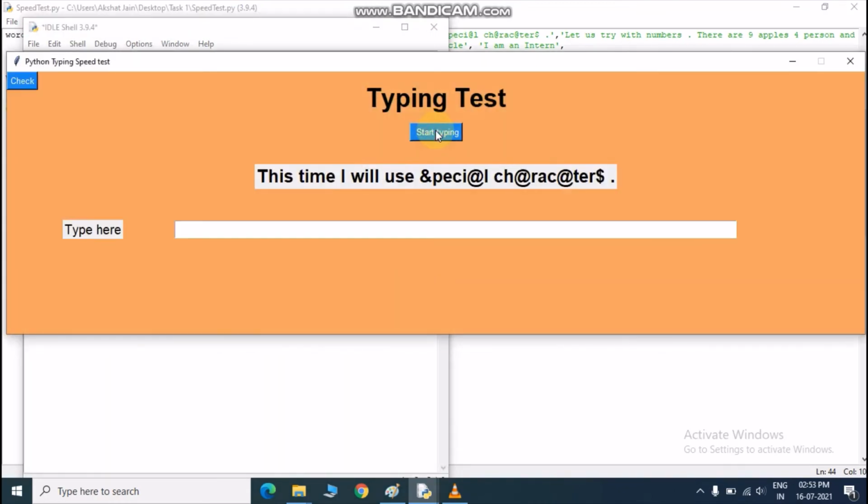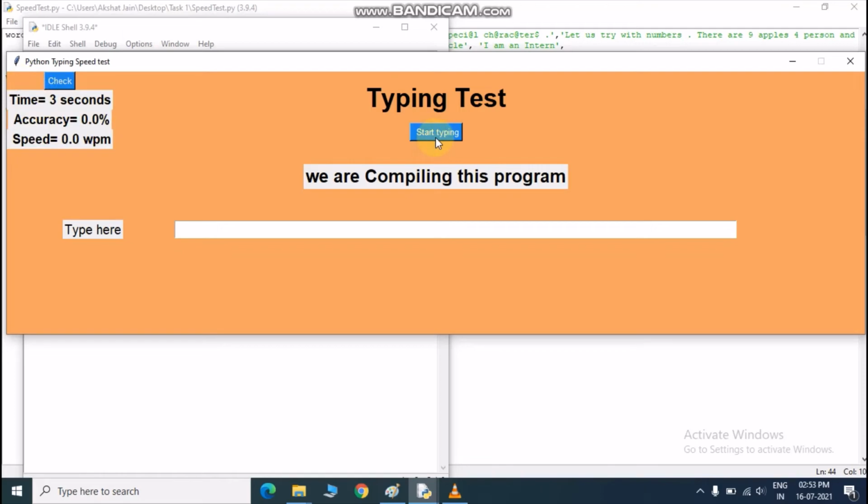As soon as I click on start typing, time one started. Now as soon as I click on check, it displays the difference between the time when I clicked on start typing and when I clicked on check. The time has been 3 seconds. So 3 seconds earlier I clicked on start typing, and it's showing accuracy and speed as 0 because I have not typed anything.